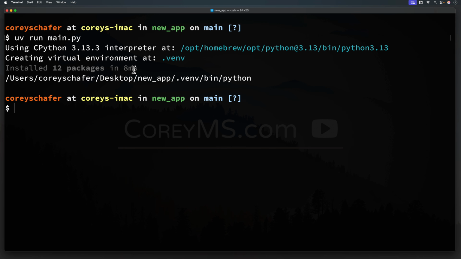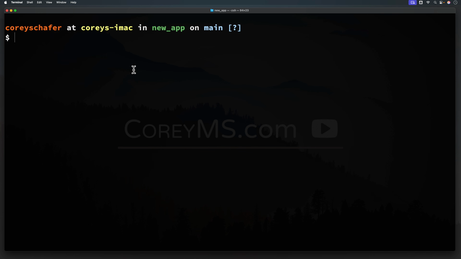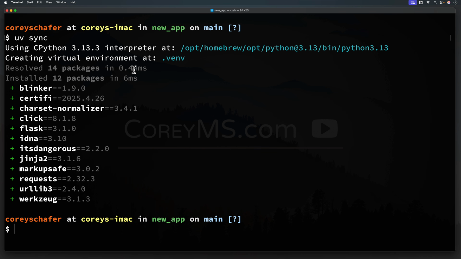And we don't even need to run that main.py file to get it to create our environment and install those dependencies. So if I were to pass this off to someone and they wanted to get their environment ready without running the application, then they could simply use uv sync. And I'll show how this works. So first, let me delete that virtual environment again, so it's not within our project. And now if I pass this off to someone and they have this on their machine, then they can simply run uv sync. And when they run that, we can see that it recreated the exact same environment using the